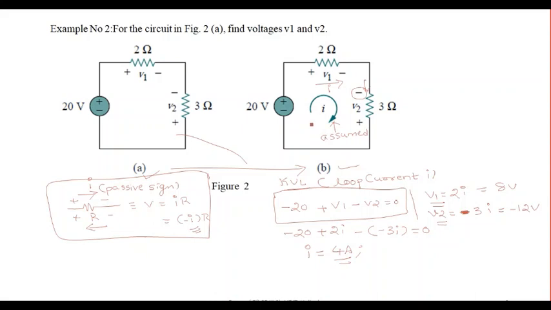In your basic electrical circuits, if you have studied something like voltage rise and voltage fall, don't keep those things in mind. Just look into the polarity and the direction of the current. Is it going clockwise? According to the clockwise way, this will be minus 20. Then here we have plus V1. Then again negative polarity is mentioned, so it is minus V2 equal to 0, right? Is that clear, this equation?